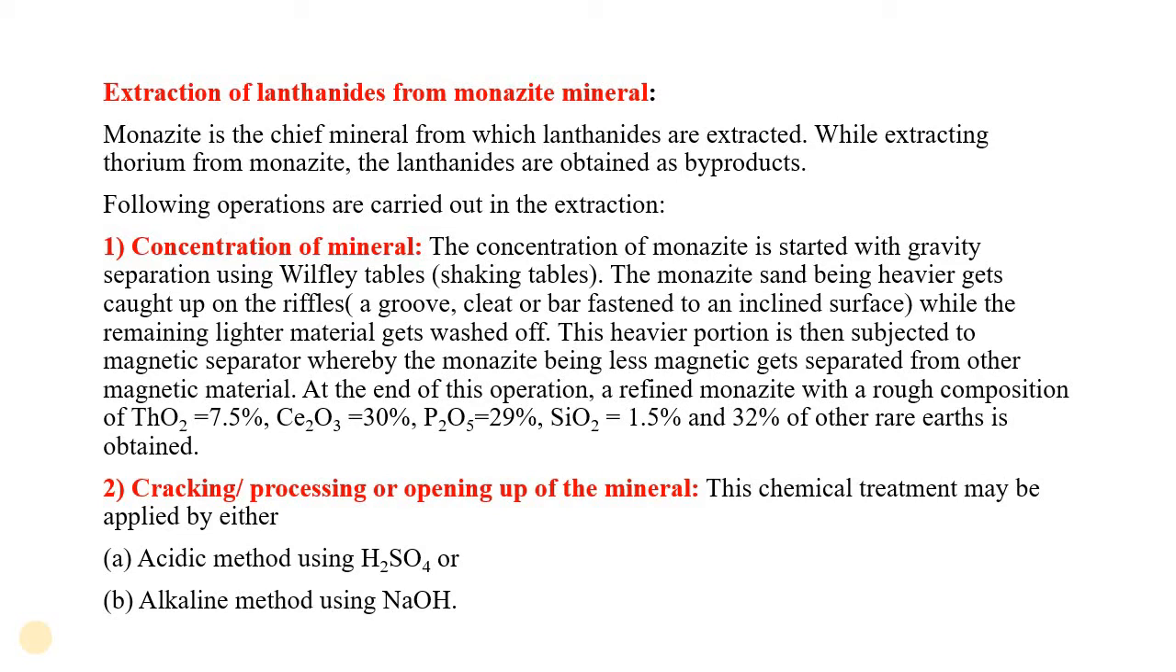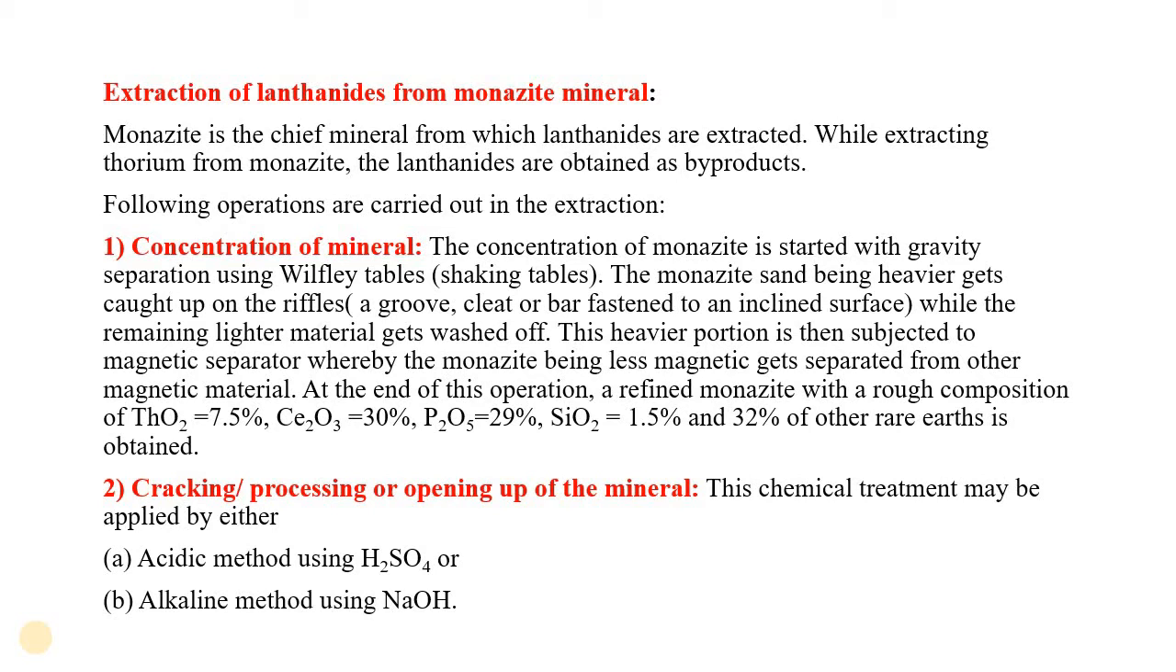Concentration of the mineral. Monazite is separated from other impurities by using the Wilfley tables, the shaking tables. The monazite sand, being heavier, gets caught upon the riffles, the grooves, while the remaining lighter material gets washed off. This heavier portion is then subjected to a magnetic separator, whereby the monazite, being less magnetic, gets separated from other